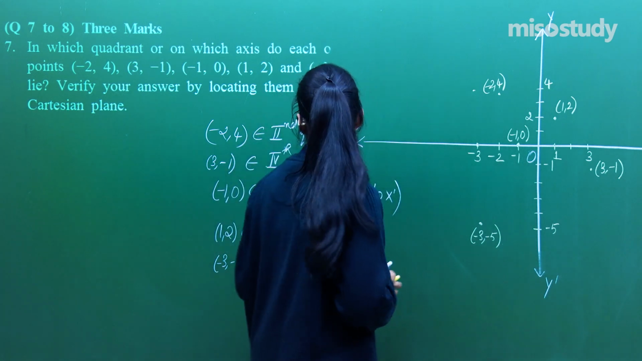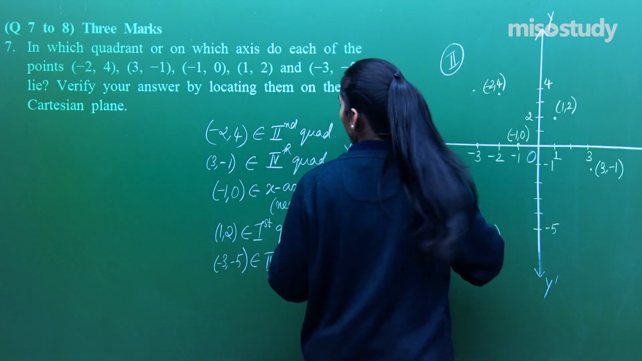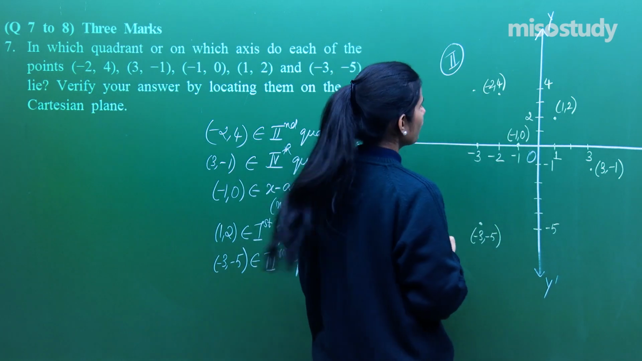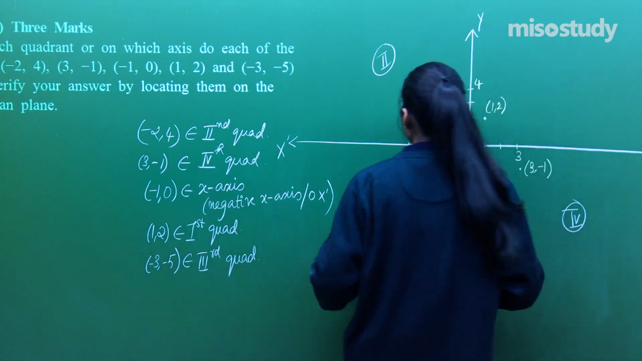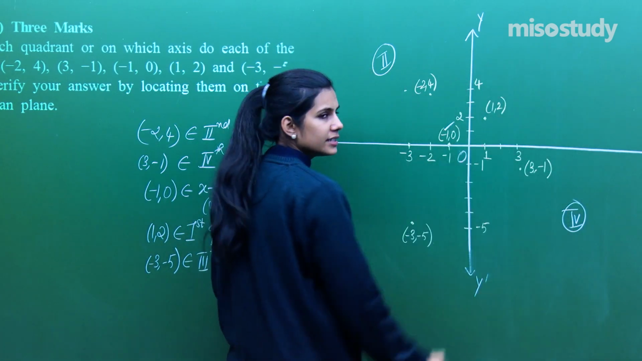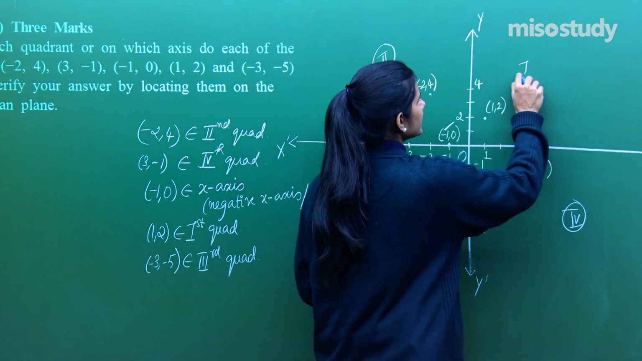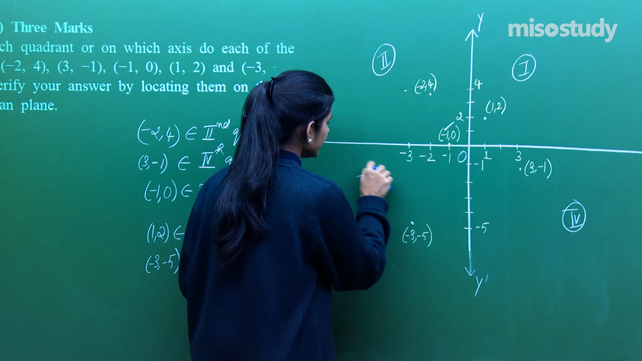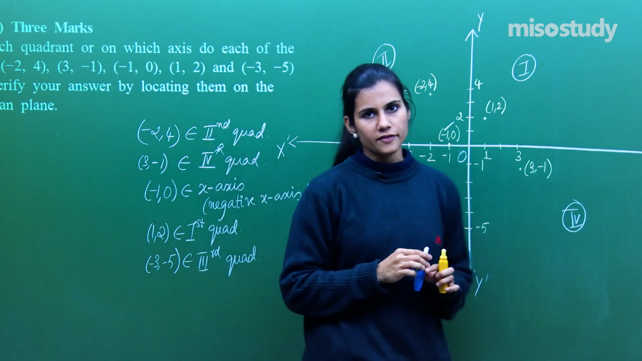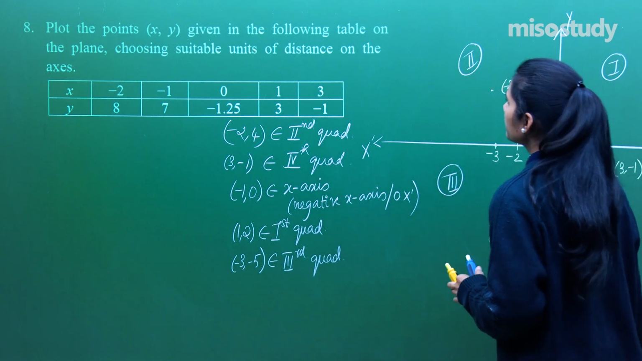Let's verify. -2, 4 lies in the second quadrant. Yes. 3, -1 lies in the fourth quadrant. Yes. -1, 0 lies on the x axis. Yes. 1, 2 lies in the first quadrant. Yes. And -3, -5 lies in the third quadrant. Yes. So it's verified. Moving to the next question, it says that plot these points given in the following table